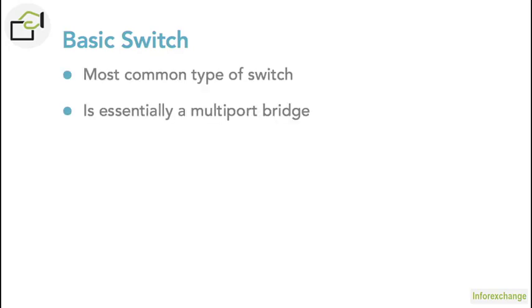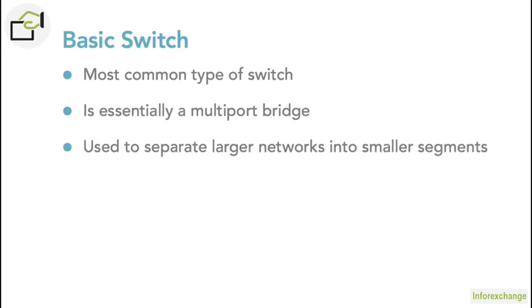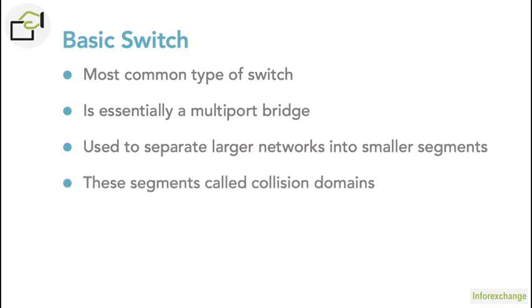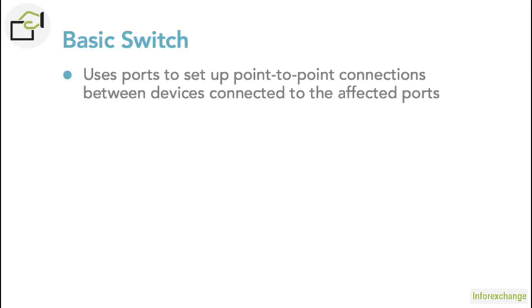A basic switch is essentially a multi-port bridge. What that means is the switch can be used to take a much larger network and separate it into smaller networks or smaller segments called collision domains. The way the switch sets up these collision domains is it takes 2 devices that want to talk to each other and links only the 2 ports that are relevant to each other